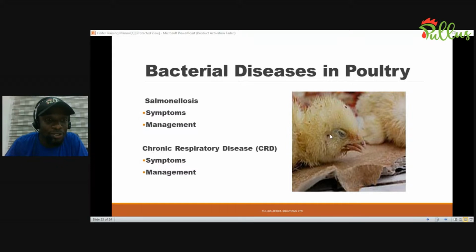When you remove that, you can press their tummy a little, so that the gathered feces that has not been able to come out will be able to come out. And I can assure you that that chick will pray for you at that point in time, because it will have this natural relief. It will feel relieved, it will feel better. And then you continue like that, chick by chick. You have to take it one by one. Every chick that you see with this pasted vent, you have to assist them in that manner.